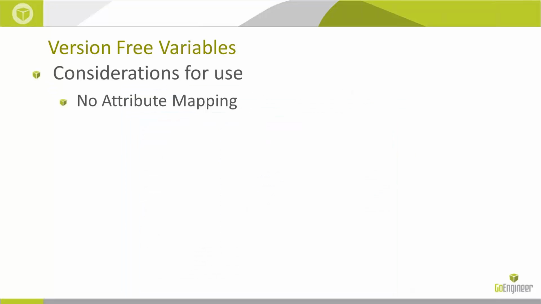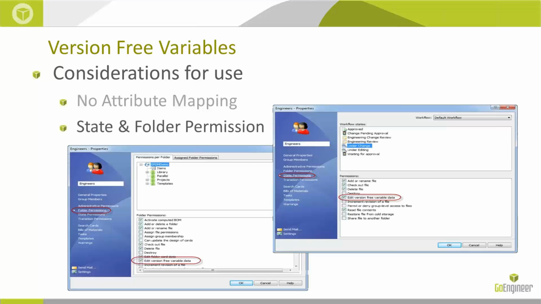Again, the considerations there: we cannot map them to custom properties. Users have state and folder permissions that need to be set in order to edit a version-free variable. And if a version-free variable is updated as part of a workflow transition, it will actually create a new version of that file. And lastly, the